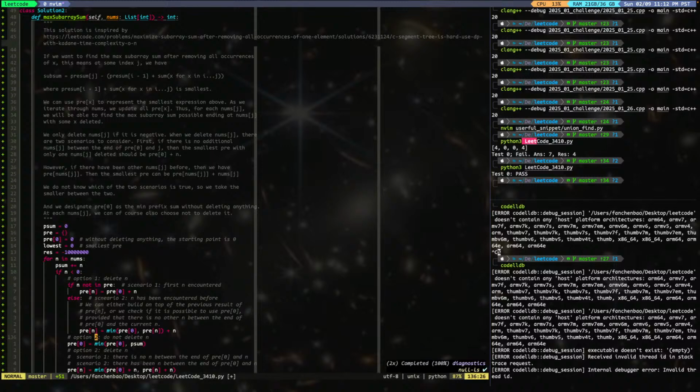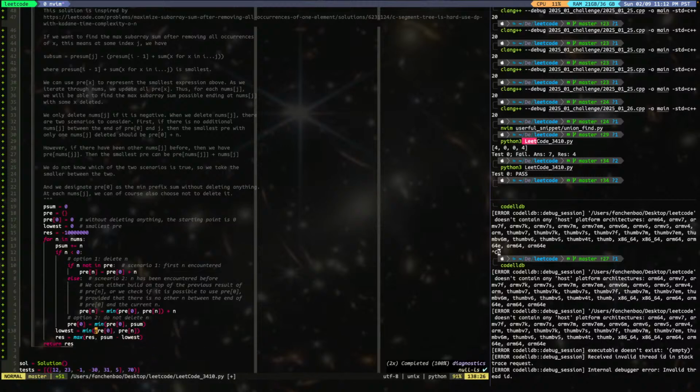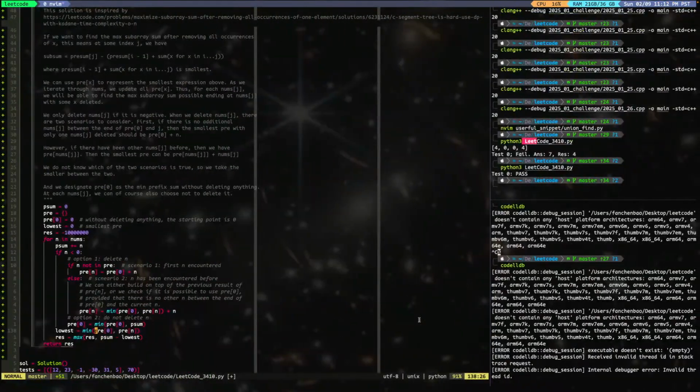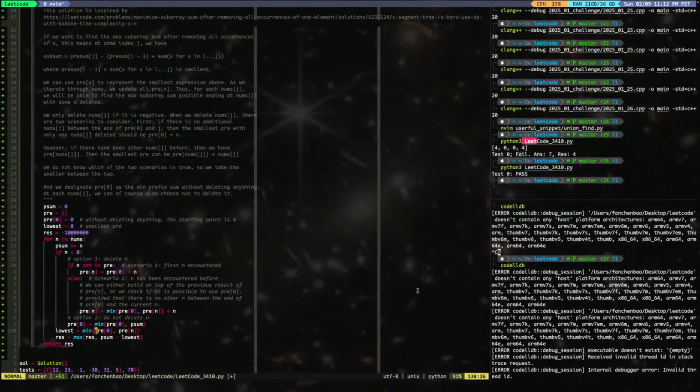We say we do not delete. Yeah, so we handle this first. Then we say we do not delete. If we do not delete, then it's just gonna be this. So now we're done. We get out. Right, lowest shall be what? Yeah, what's lowest? Right, pre-0. Oh, hold a second. So